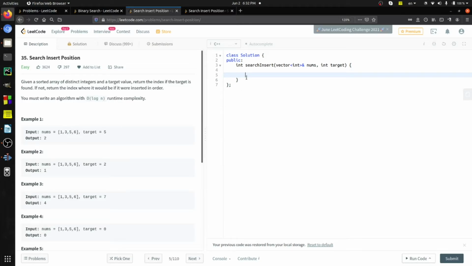So this was our question. Let's write the code and we'll see if it runs properly or not. So I'm just initializing some variables: int n, which will just provide me the size of nums, and int capital L, capital R and capital M, which I have already mentioned. So L is 0, R is n minus 1,